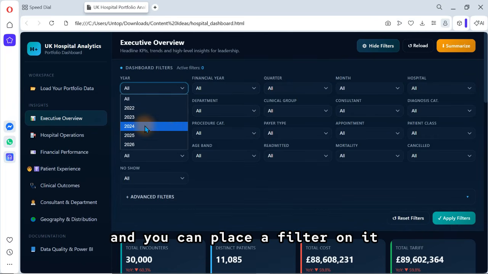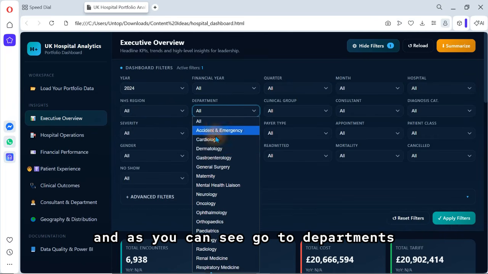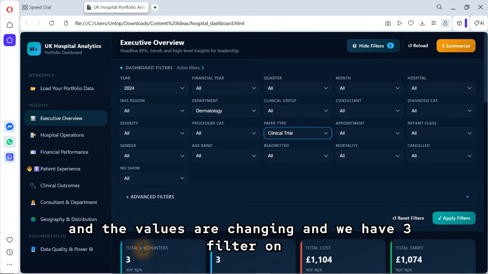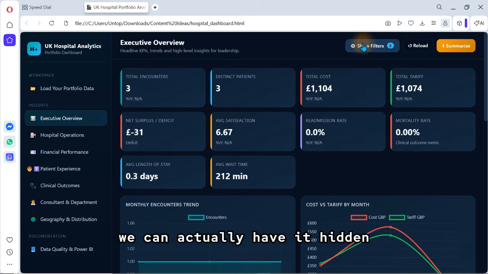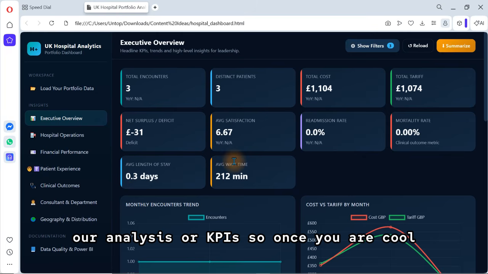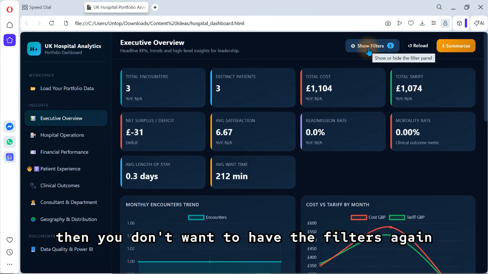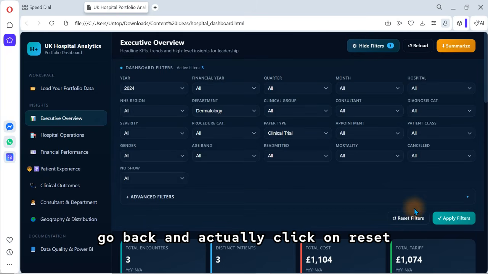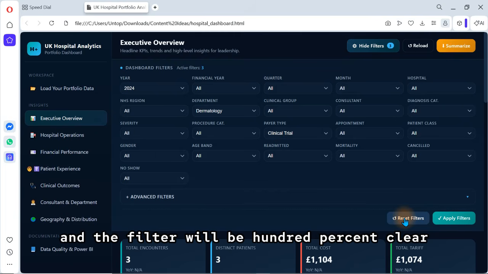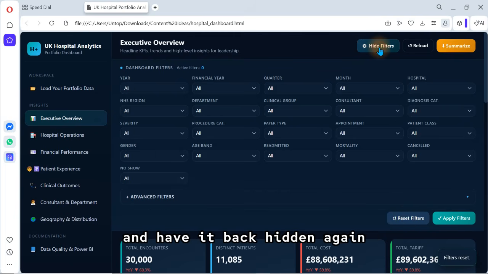If you look at it right now, we have this part where it says show filters, and you can place a filter on it, and you can see go to department, go to type here, and the values are changing, and we have three filters on. We can actually have it hidden, but over here it shows us how many filters are affecting our analysis or our KPIs. Once you don't want to have the filters again, go back and click on reset, and it resets the filter, and the filter will be 100% clear and